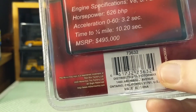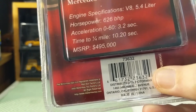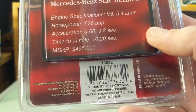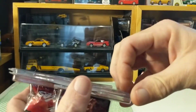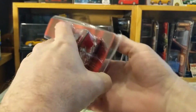Let's see, this is a 2008 Motormax, I believe, so that would be the release year. So let's get this off the card. I've already pre-cut it. I do like Mercedes. I don't generally like supercars, but